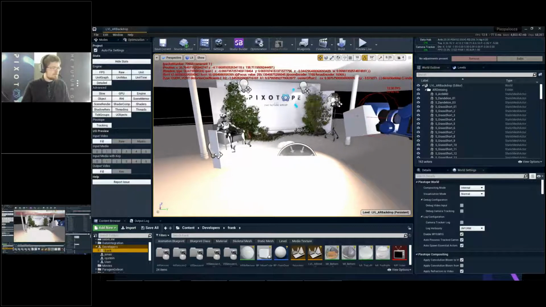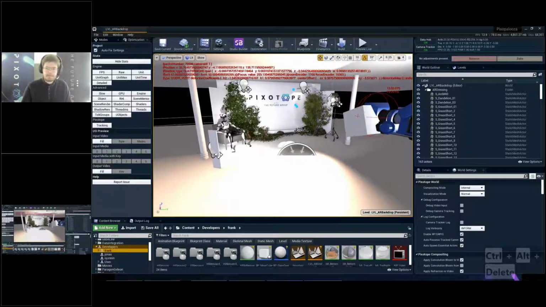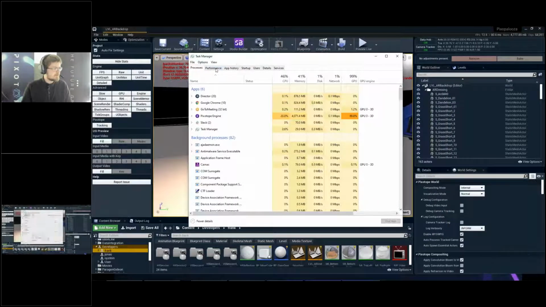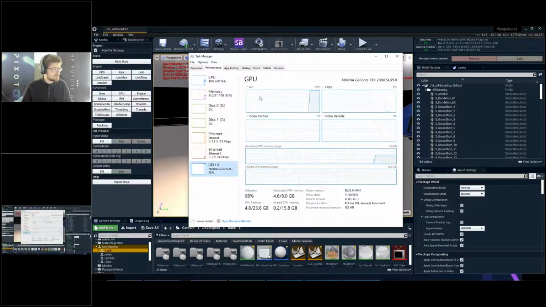So in case you're wondering, how do we actually identify that this is now the GPU bogging us down? The easiest way to do that is to go into the Task Manager. Just simply go into Control-Alt-Delete, Task Manager, bring in the Performance tab, where we can easily visualize that our GPU is running at breakneck speed, capped out at 100, and this is probably the main reason why we're not hitting our target